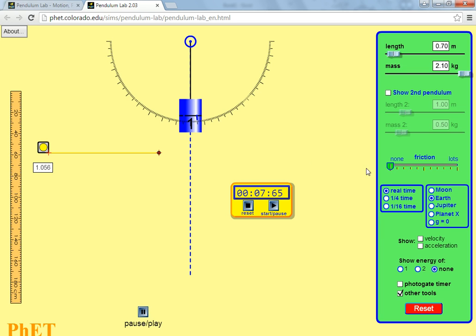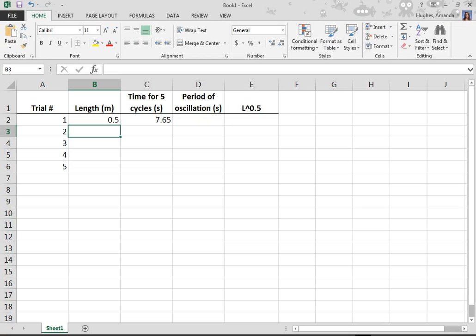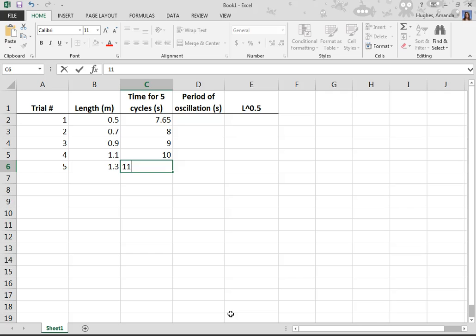Once I get finished with all of this, I'm going to come back to Excel. And so let's just make up some numbers. 0.7, 0.9, 1.1, 1.3, and so on and so forth as the length goes up. And all I'm going to do is enter some fake numbers. I didn't go through and do each one. Let's just enter some fake times: 8, 9, 10, 11. Okay. And what you're going to do to find the period of oscillation